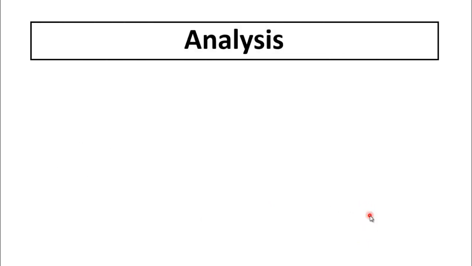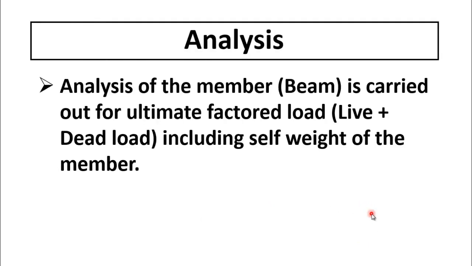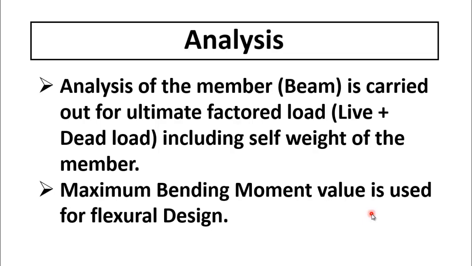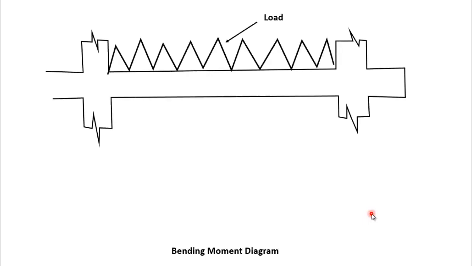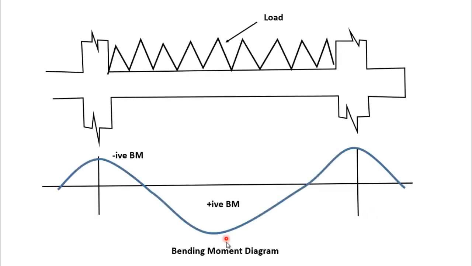The next step is analysis. So analysis of the beam is carried out for ultimate factored load including self weight of the member. As we are going to design the beam for flexural or bending moment, we have to determine maximum bending moment value. For maximum bending moment value, you have to draw bending moment diagram for the beam. Here from bending moment diagram, you have to determine the maximum bending moment. Here this point shows maximum positive bending moment and this point shows maximum negative bending moment. So we have to design our beam in such a way to withstand this negative bending moment and